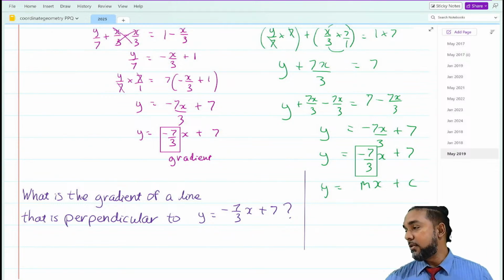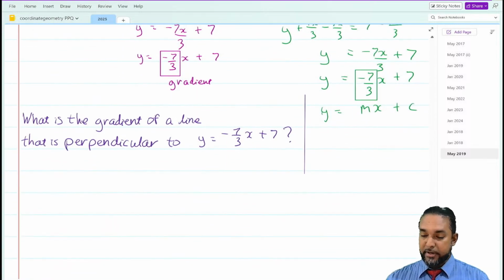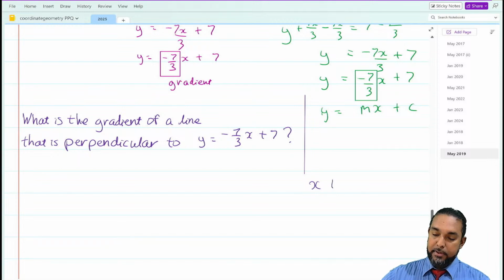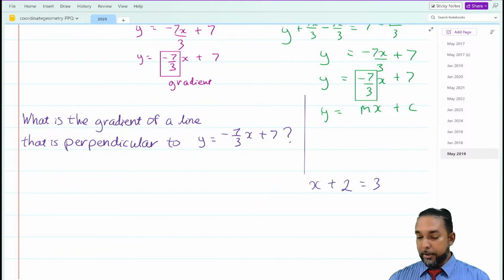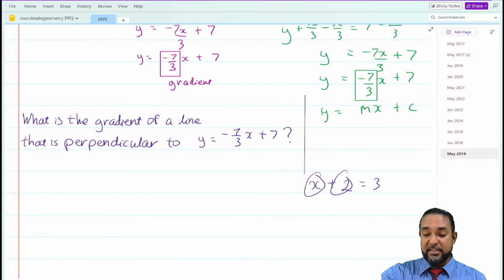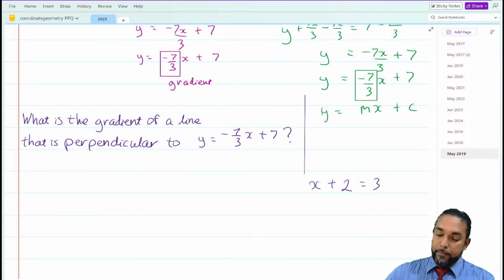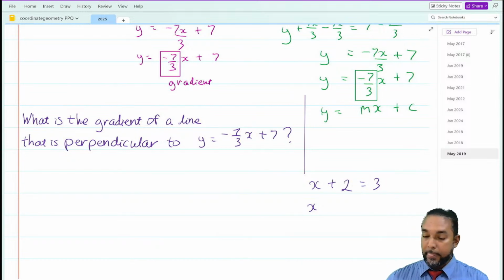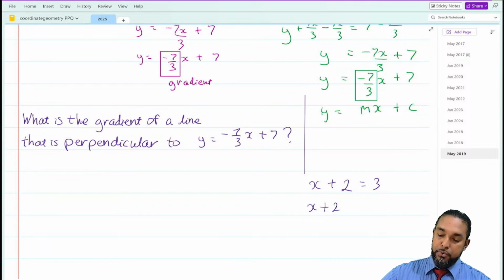Why are you multiplying on both sides? So the basic rule is when you're manipulating equations and transposing, changing the subject of a formula, when you have to move things from one side to the next, what you're actually doing is using the opposite operation. Let me give you an example, Flora. Let's say we had x plus 2 is equal to 3. To solve for x, you can ask yourself, common sense: some number plus 2 is 3. The only number you can add to 2 and get 3 is 1. Now, the other way to do it is to remove whatever's attached to the item you're looking for. So if we have a 2 attached to the x by addition, we use the opposite operation.